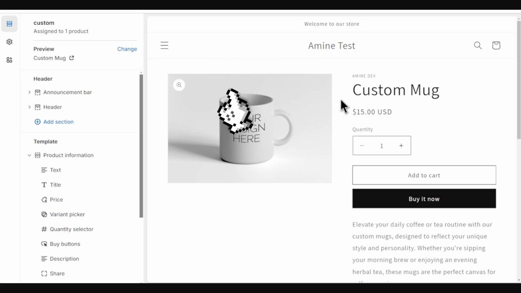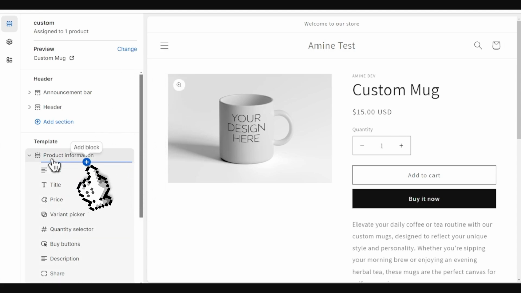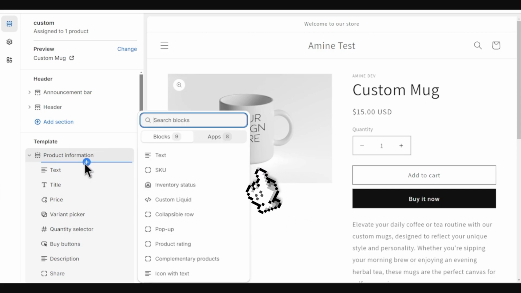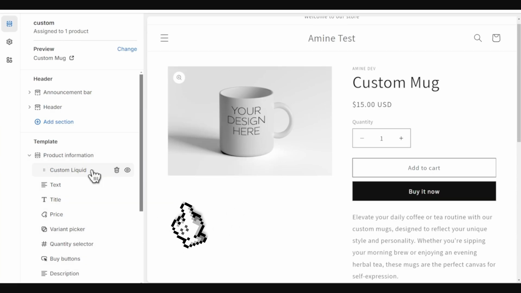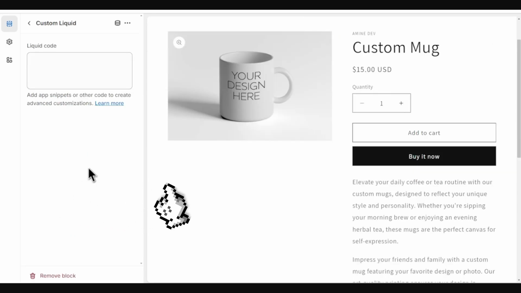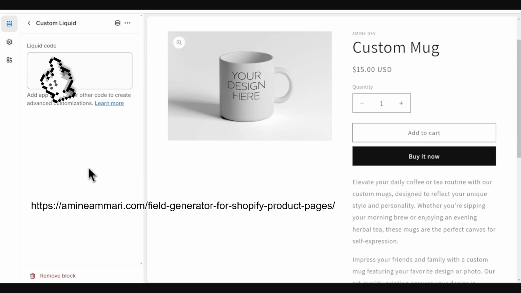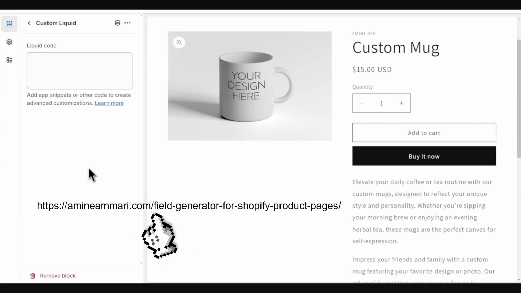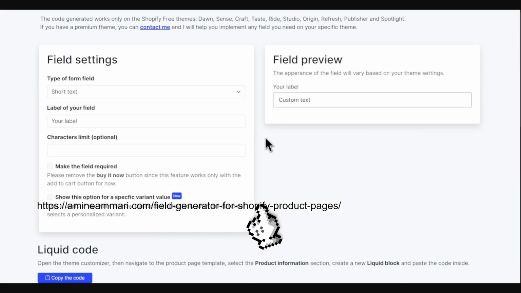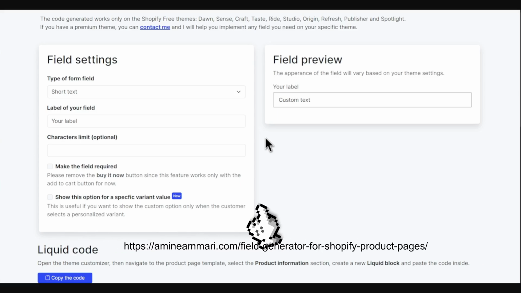then once you open your custom template, you're going to add a block right here, and then you're going to click this custom liquid right here, and you're going to click. Once you click your custom liquid to add a code, you're going to this web. Okay, you're going to enter this web right here to this link, and